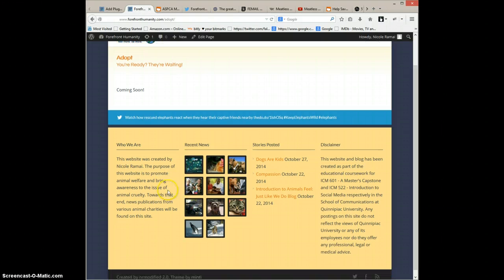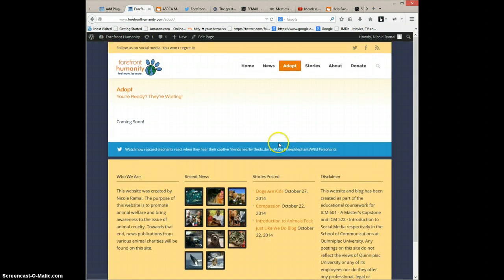If you look at my footer, you'll see I have the news stories posted so far. Stories are personal stories, and these stories are not just going to be posted by myself. I'm going to open it up. I just need to figure out how to allow other people to post stories on here as well. And I'll just show you the stories page.